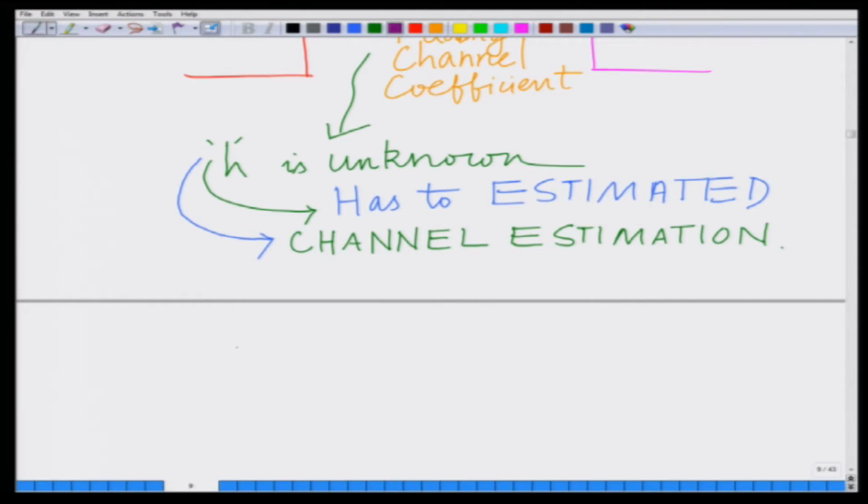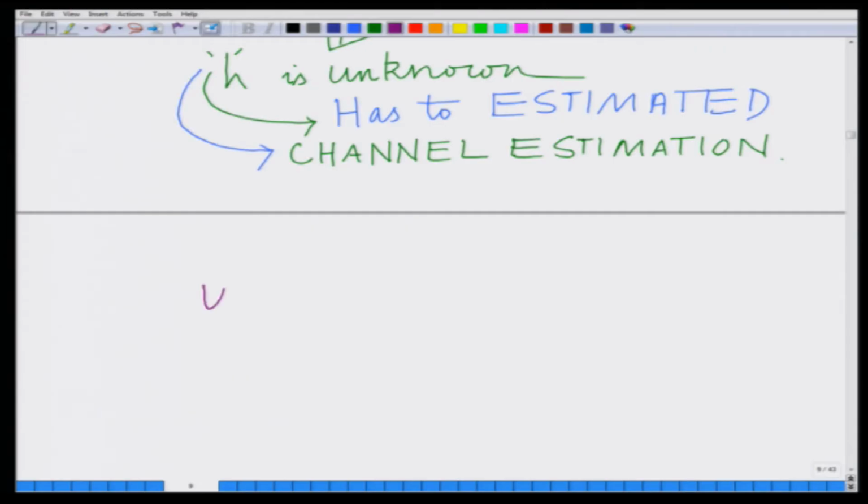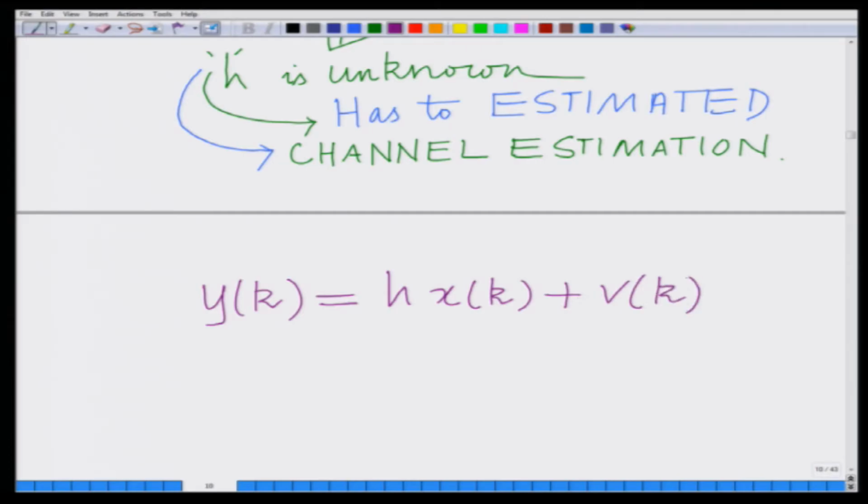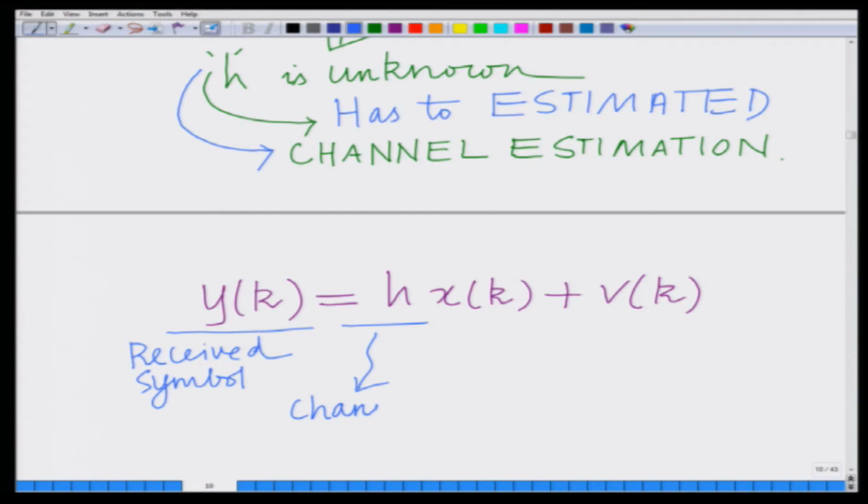Now, let us explore a scheme for this channel estimation based on the maximum likelihood estimation framework that we have developed so far. So, as I have said before, I can represent this wireless communication system as follows: yk, which is the symbol received on the receive antenna, equals h times xk plus vk. Let me describe the different components. This yk is the received symbol, h is the channel coefficient, xk, as we already said, is the transmitted symbol,